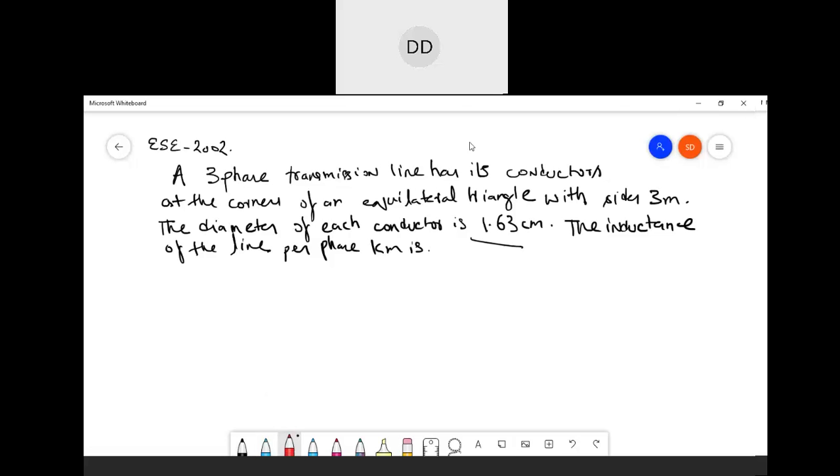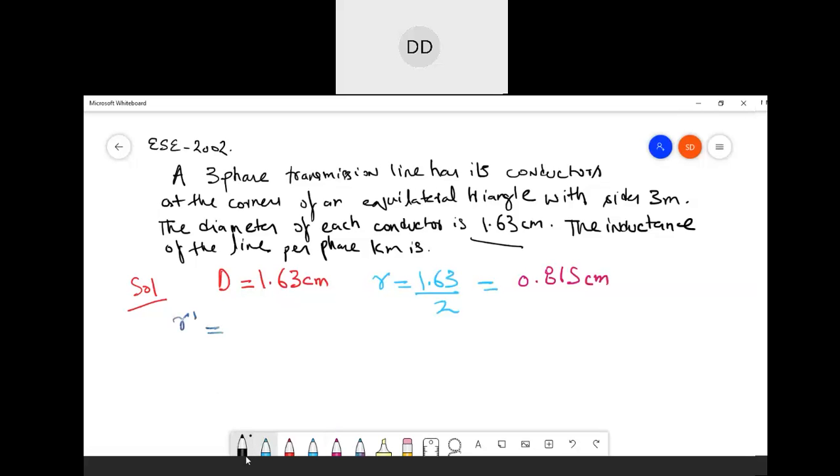before going to the solution, it is mentioning d equal to 1.63 centimeter. That means obviously our r would be equal to 1.63 divided by 2, which happens to be 0.815 centimeter. Now from our previous calculations, if we want to know the value of r dash,